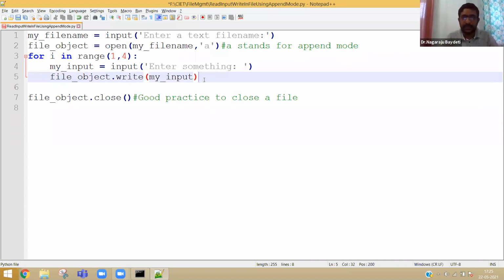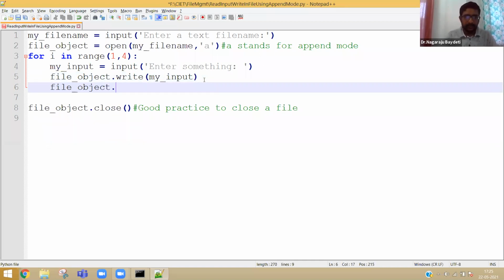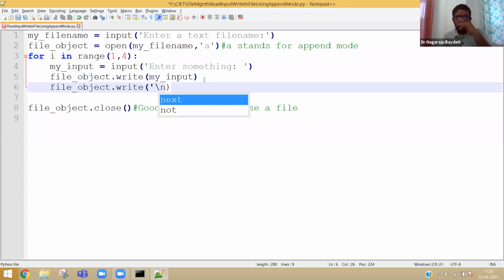It will not write anything on its own. So you can also say dot write. Everybody in C language knows what is new line, no? \n is like the enter button. \n is new line.